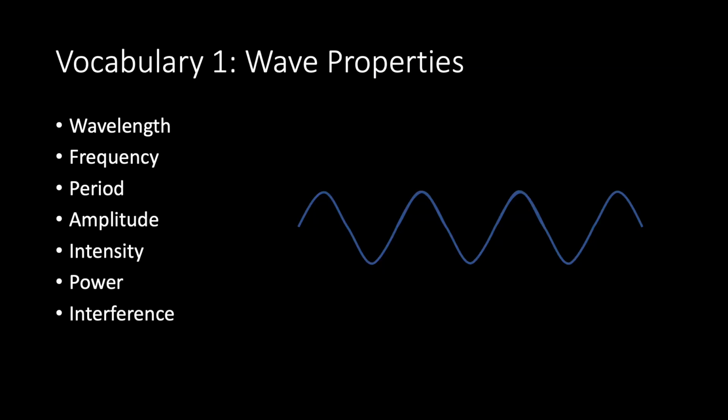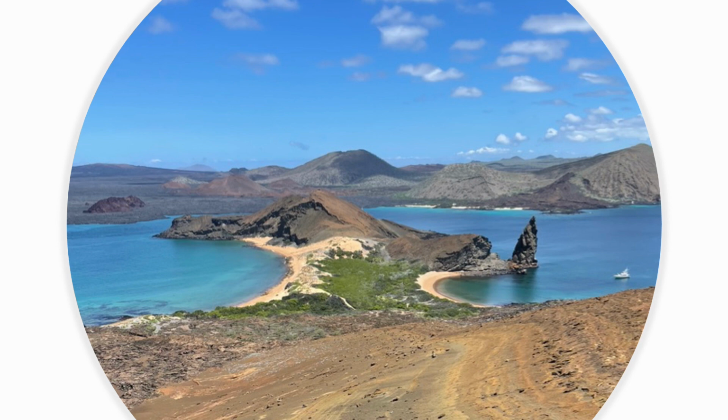So to be able to describe waves, we need to have a common vocabulary. And so the next few slides are going to be focusing on each of these words and how we describe waves using them. To put us in the right mindset for this, I want to use the analogy of watching waves go by. And this is one place where I did that in the Galapagos Islands. There's a rock over here. This is called Pinnacle Rock, but our guide that was talking to me when I visited kept referring to it as the lighthouse. And I think that we can use that analogy to help understand intuitively the ways that we can describe waves.